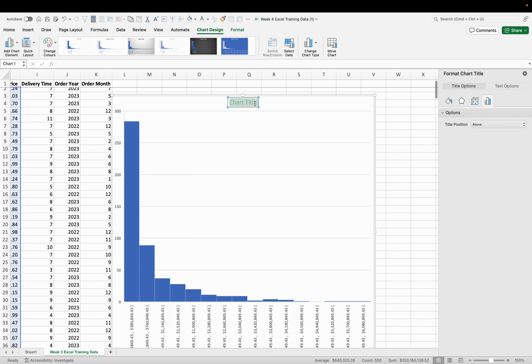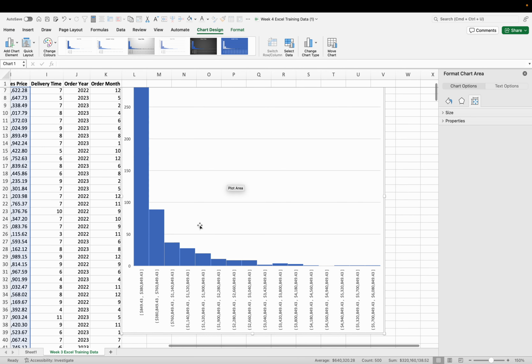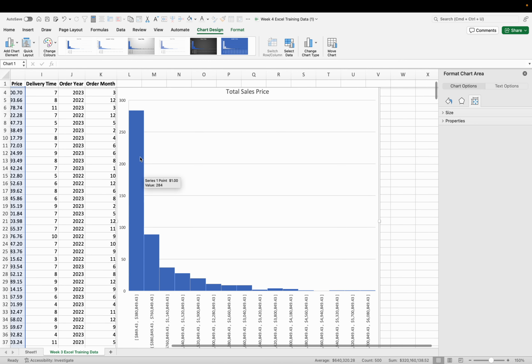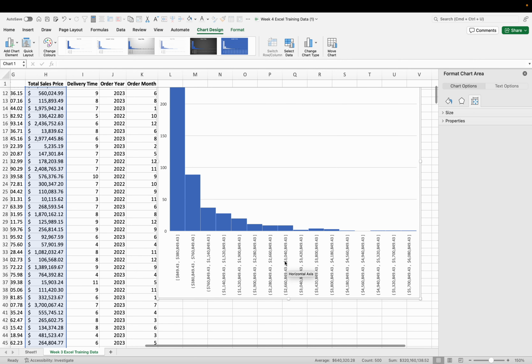Let's title this as total sales price. Here we can see our bins, these are automatic bins, but it's not a great graph just because of how skewed it is on one side. We've got a majority of the frequency, 284, between $849 to $380K roughly. So we can definitely